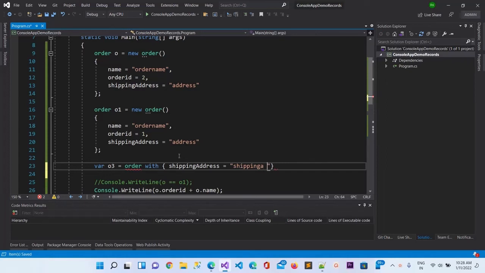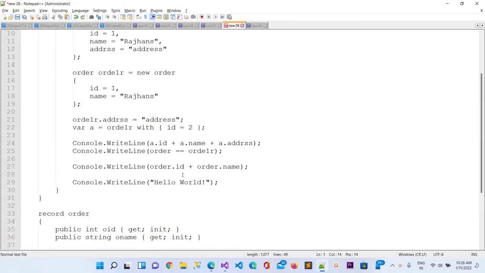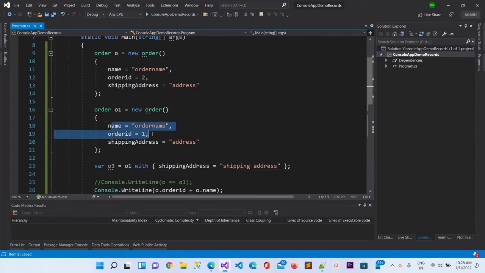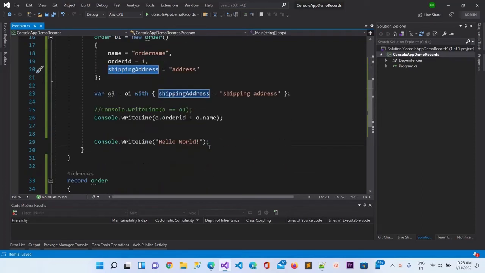Here I need to put the object name, not the record name. Now you can see O3 will have these two properties as well as this new shipping address. It will skip the old shipping address.